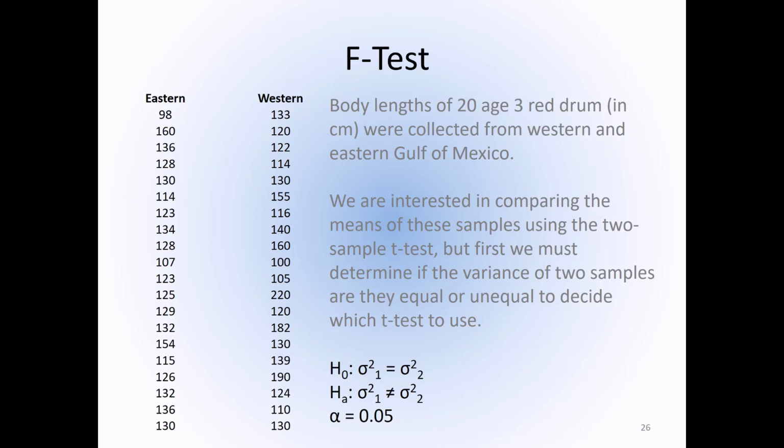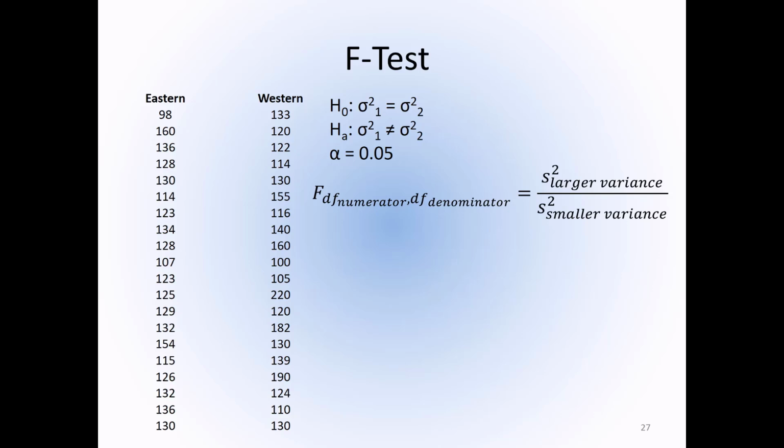And for this example, we'll set the significance level at 0.05. So here we have our formula for calculating our test statistic. Now it looks complicated because of the long subscripts, but it's much simpler than it appears. The F value is simply the variance of the sample with the larger variance over the variance of the sample with the smaller variance. And then we need to define the degrees of freedom for both the numerator and the